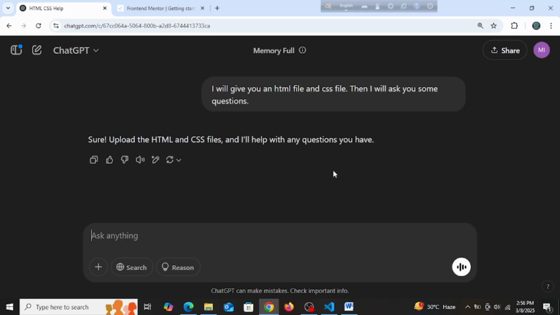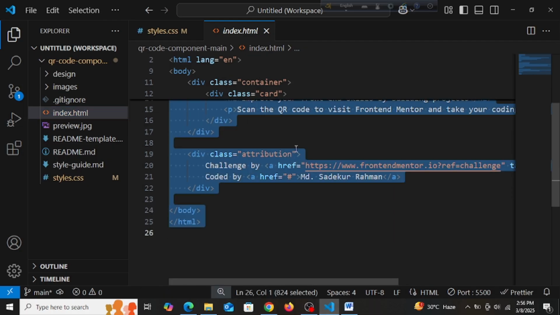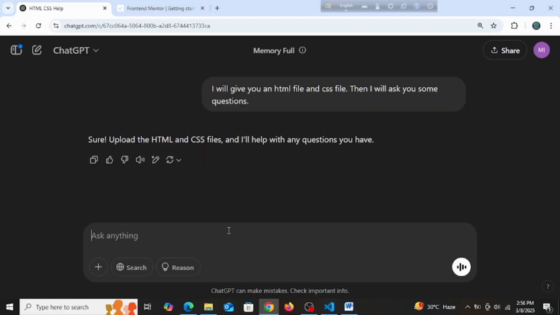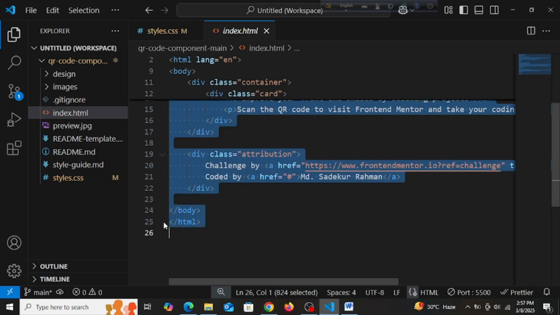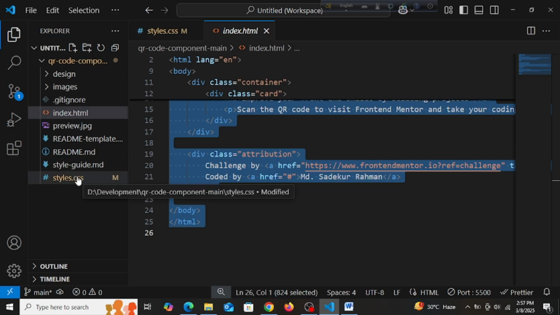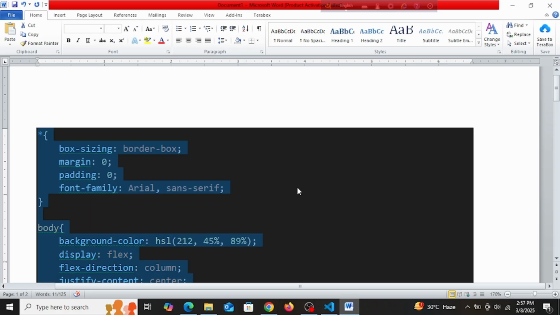So I'm telling ChatGPT that I will give you an HTML and CSS file, and then I will ask you some questions. Okay. So I'm giving it the HTML file. Got it. Now please upload the CSS. So where is the CSS? Yeah, no, I will have to copy this from here, and